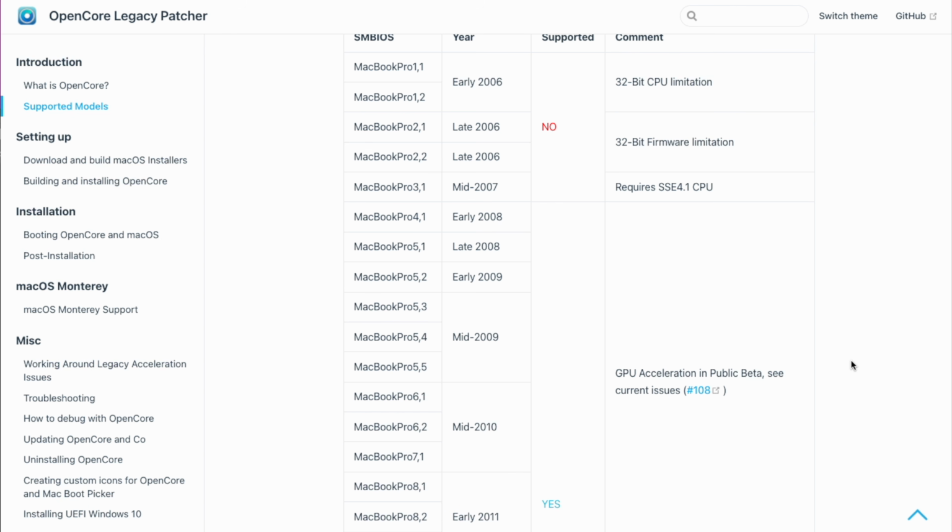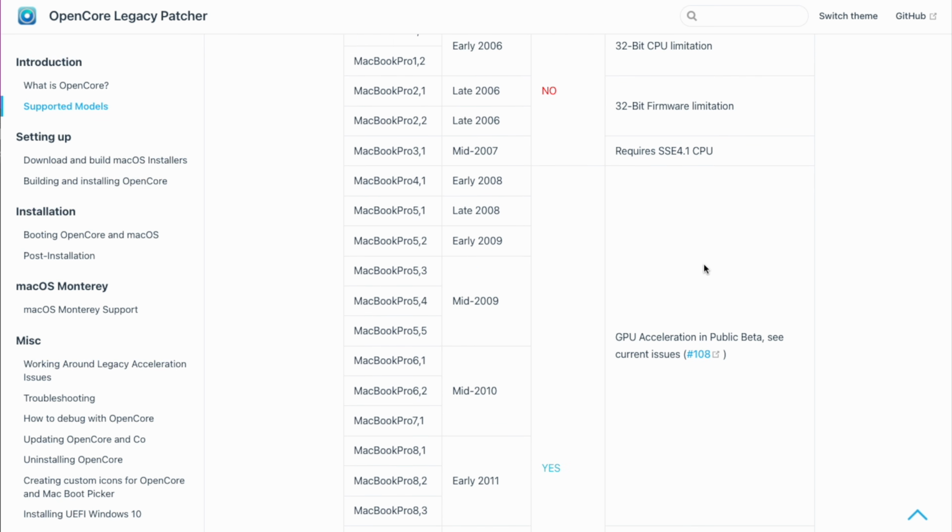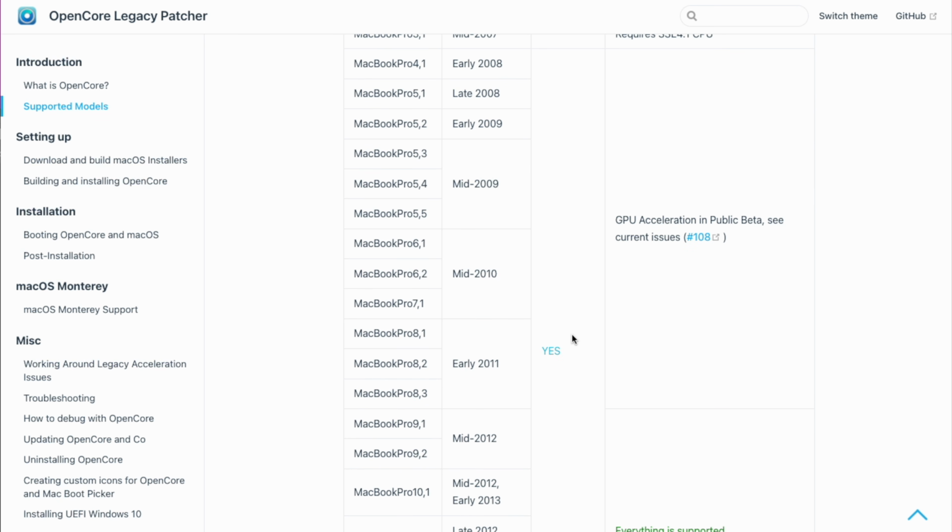As you can see here though, some Macs just won't work at all. You'll see a no like you have here with these MacBook Pros, but you also get ones that will say yes as well. And as you can see just a bit further down here, you can see the Mac that I'm going to be using, the MacBook Pro, the mid 2012 model,